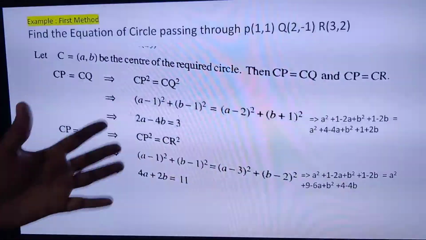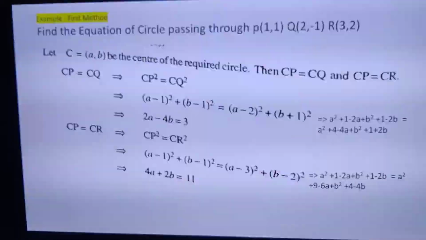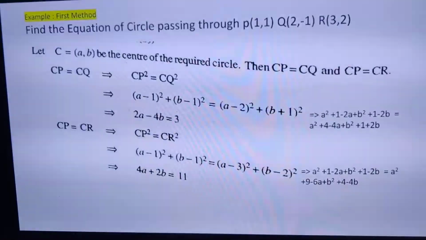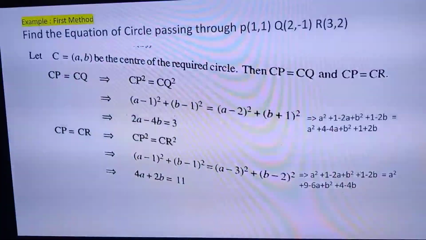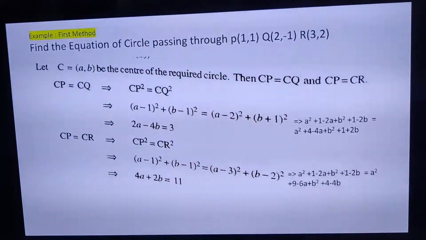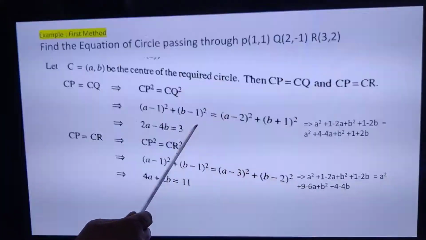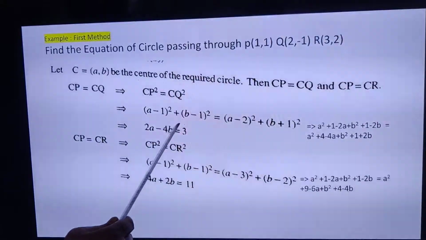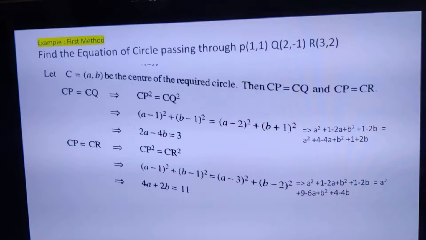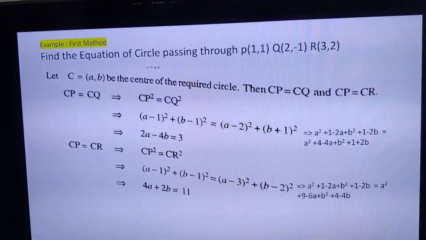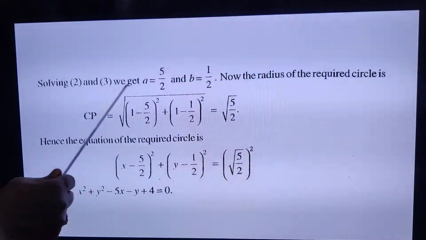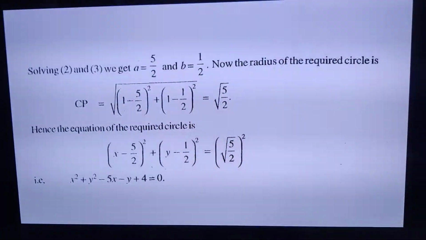Here we get two equations. What are the equations? 2a minus 4b is equal to 3 and 4a plus 2b is equal to 11. These are two simultaneous equations in a and b. Solving these two by equating the coefficients, multiplying this with 2 becomes 4a minus 8b is equal to 6, and solving these two equations we get the values like this. Next slide. By solving these two equations we get a is equal to 5 by 2 and b is equal to 1